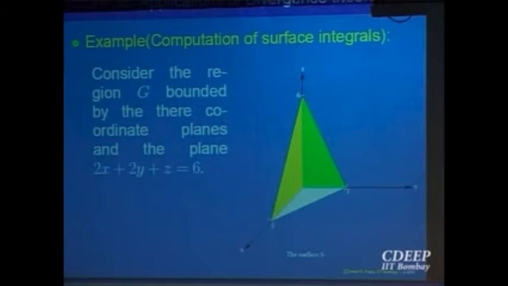And if you want to calculate F dot n for this, you have to calculate four surface integrals. Each one has to be given a parameterization. The normal has to be found, right? Appropriately, the outward normal has to be computed. So four surface integrals you have to compute and add them to compute the left hand side of the divergence theorem. But the divergence theorem says that you don't have to do that much work. You can write it as a triple integral of the divergence of the vector field over the region enclosed by this. So only one integral has to be computed. So that saves work, right? That is one advantage.